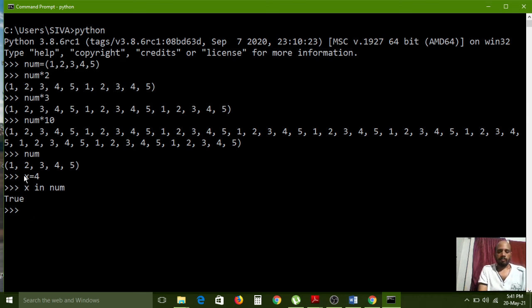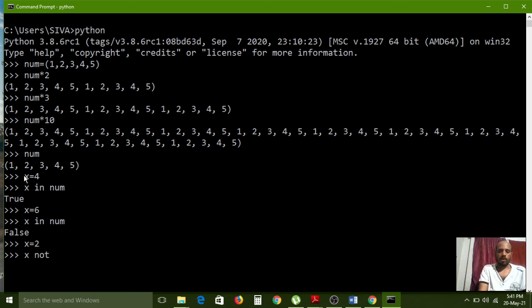Again, x equal to 6. The 6 value is not there. x in num, I am using. False. That means the 6th item is not available in that tuple. Understand? Like that. And not in is also the same. x equal to 2.